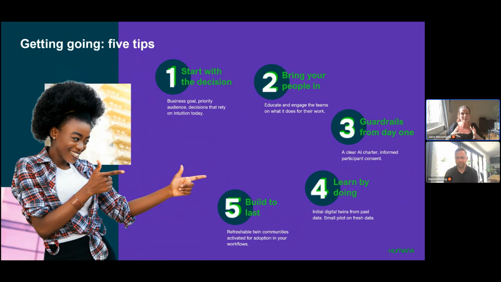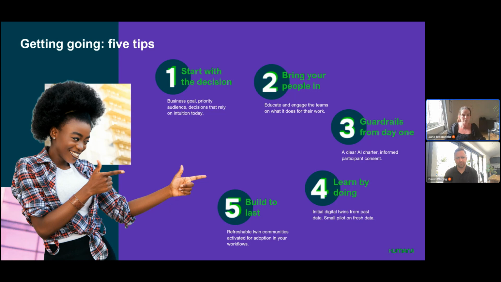The important thing is start with the decision, not the technology. So it's not a case of, oh, let's give digital twins a bash. I would say start with a decision or question you're being asked in your business today. What is it that you're being asked that you think I either don't have the time for, or that people wanted yesterday, that this actually might help me figure out?